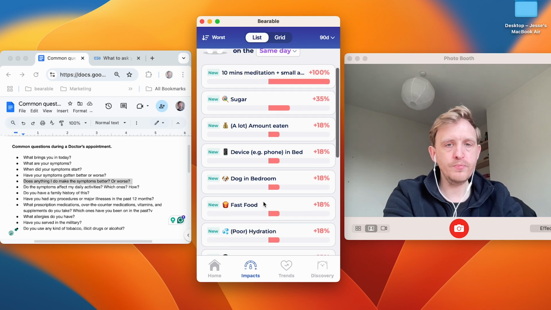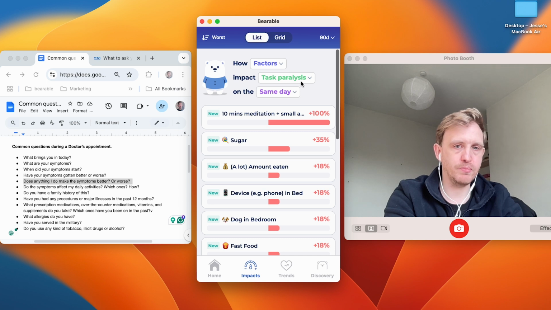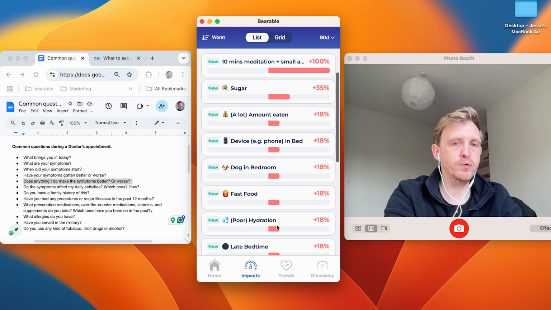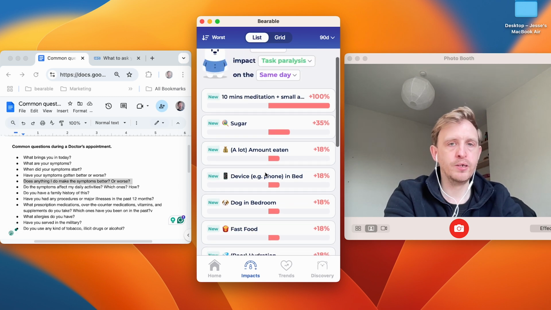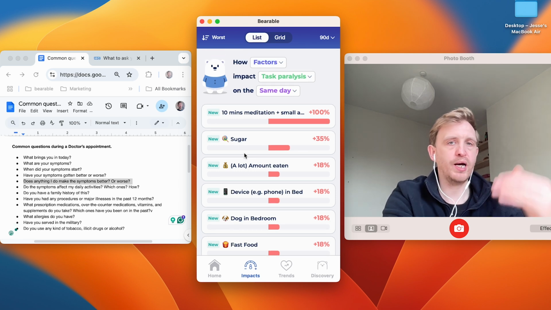Poor hydration, again, might have an impact on my ADHD, might have an impact on my task paralysis. So I can make a note here that poor hydration, poor sleep, and sugar are maybe having a negative impact on my ADHD symptom that is a priority for me.